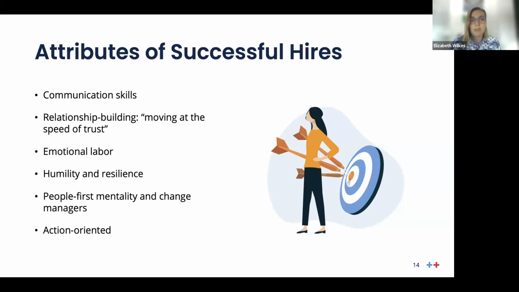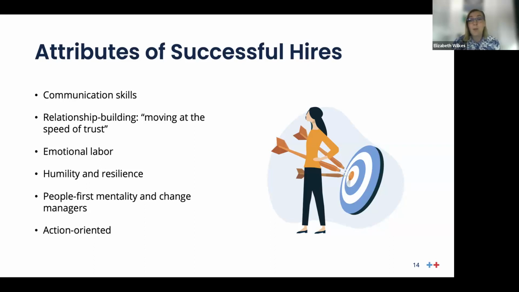different types of people. Which leads into this concept of relationship building, this idea of relationships moving at the speed of trust, bringing on folks, especially early on, who can build that trust both with each other to weather the storms as they're getting started and proving their value to the government unit, and then also with the colleagues and the folks they're ultimately trying to help, which include their fellow colleagues in the unit and citizens alike. And that sometimes involves emotional labor.